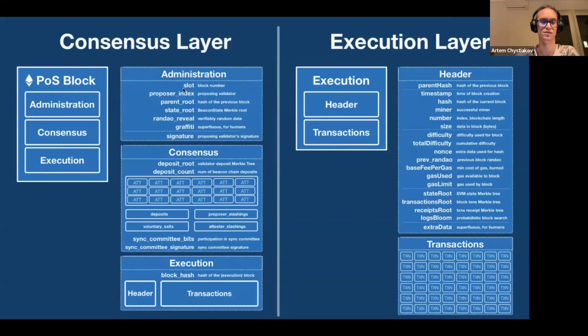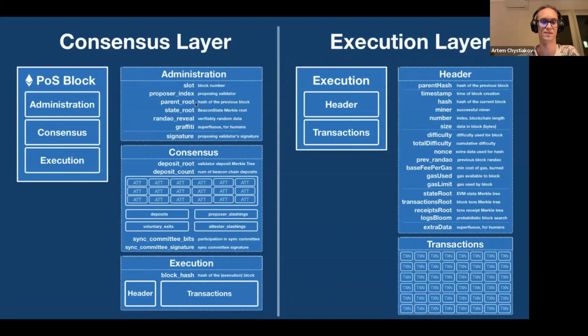That's the slot that the beacon chain right now has. It is basically the block number, the proposer index. It is the unique index of the validator that proposes this block, a parent root, a hash of the previous block